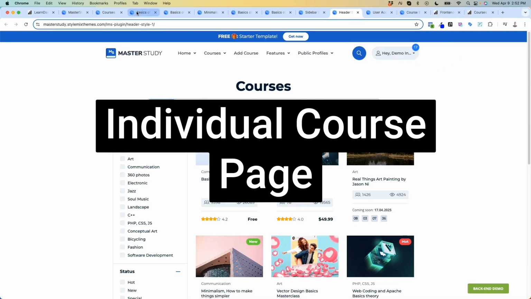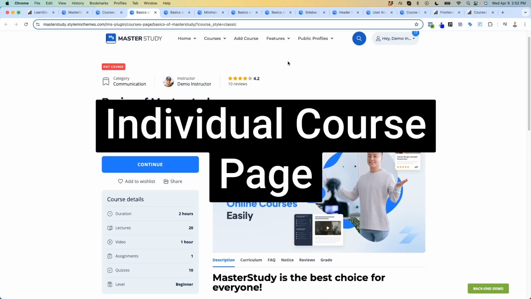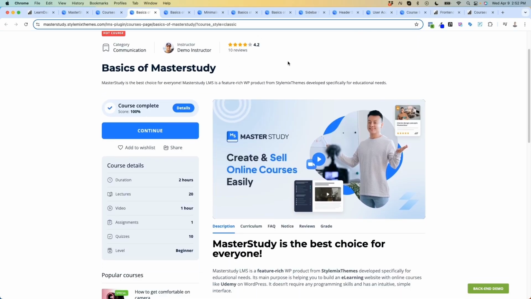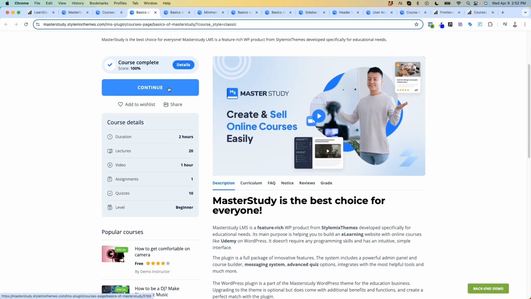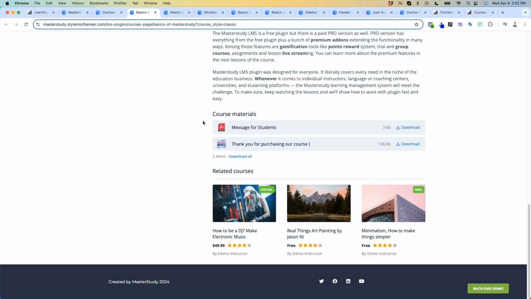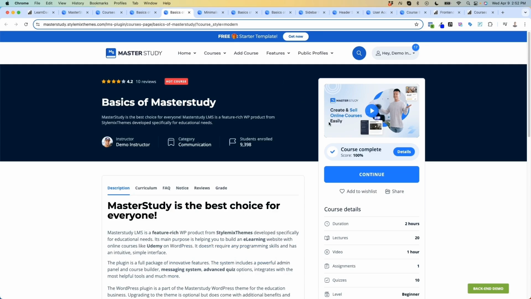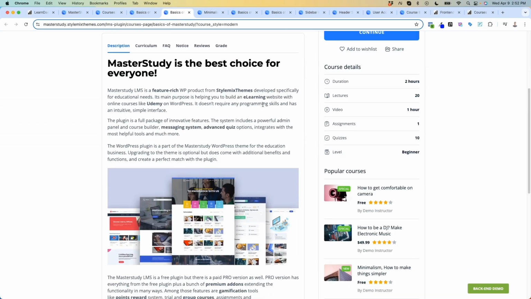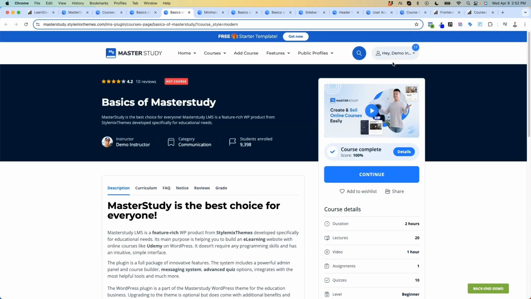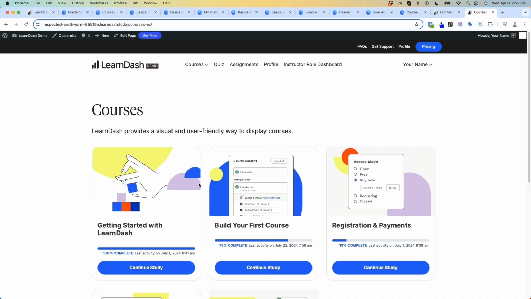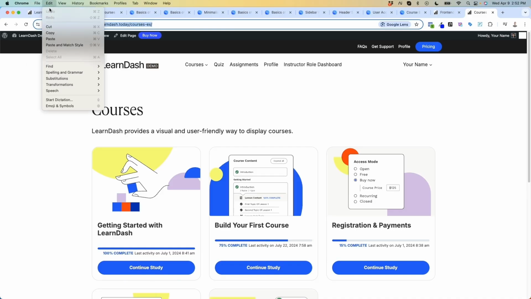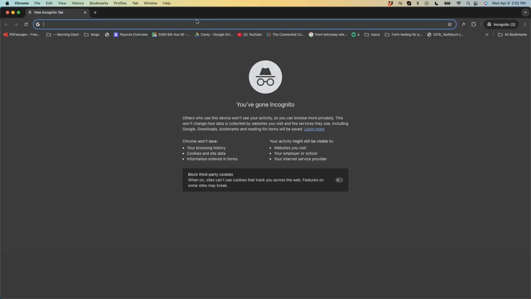And then going to the individual course level, MasterStudy has quite a few different options here for displaying all of the information that a course would need to have displayed to public visitors. And it looks quite well. LearnDash did just update their course page here for non-logged in users, and logged in users, I should say, but I am logged in at the moment. If we look at it now,